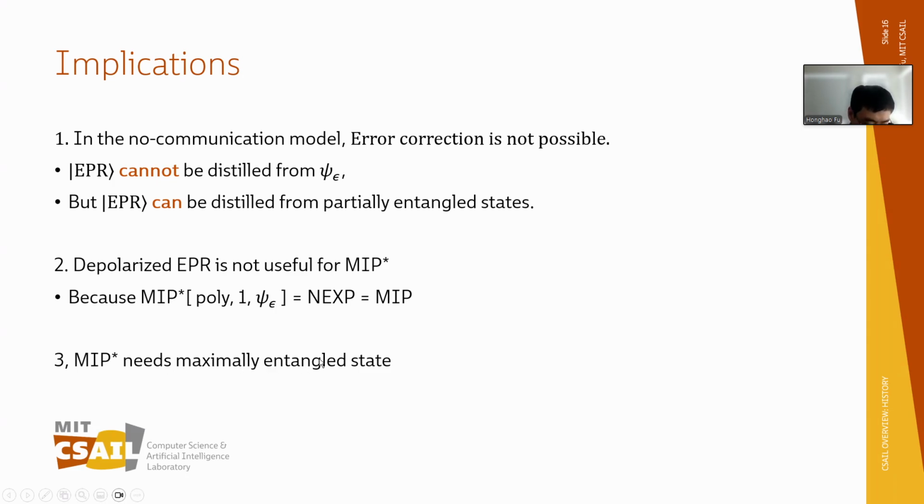Before this result, people thought MIP* is powerful because the prover can share unlimited entanglement. But under any entanglement measure, if you have unlimited noisy EPR pairs, you still have unlimited entanglement, just like if you have unlimited EPR pairs. However, as it turns out, noisy EPR pairs are not useful at all, which means our result cannot be explained by any entanglement measure theory.